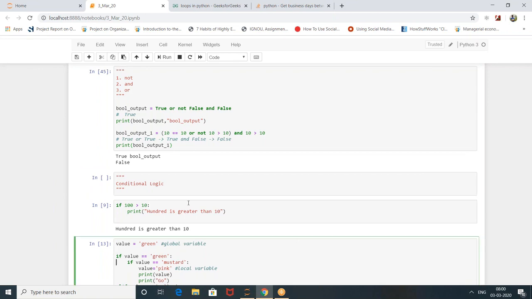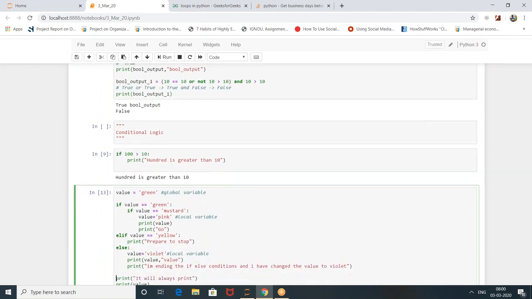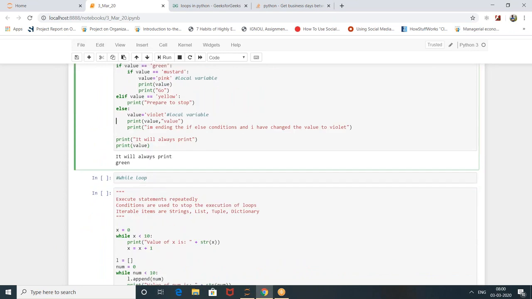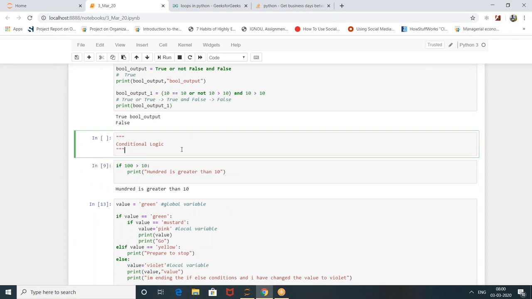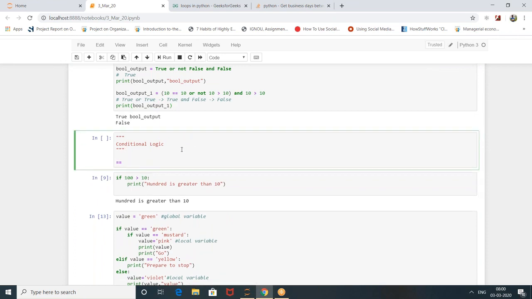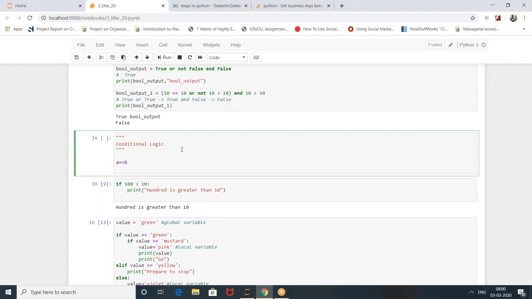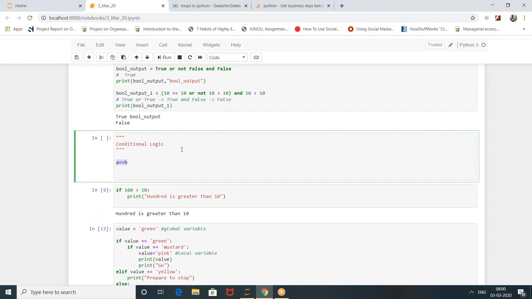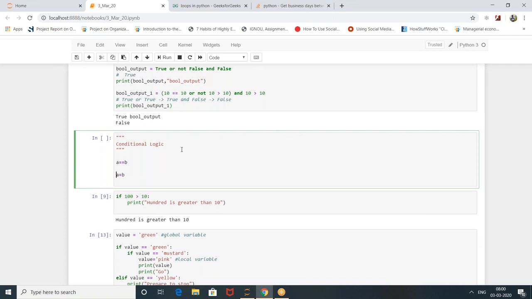So let's get into the if statement. What is the difference between two equal symbols and one equal symbol? Very good question. This double equal to symbol is checking. No, this is not assignment. This is checking whether A is equal to B. When you put single equal to, it is assignment. You are telling A is having B value. This is assignment. This is comparison.